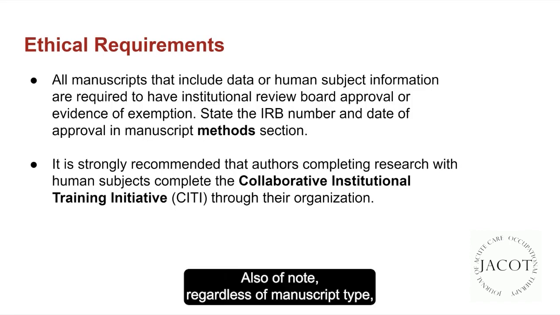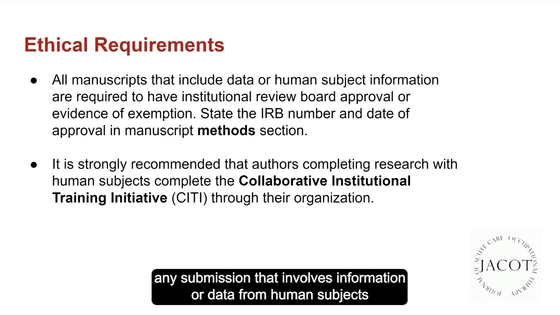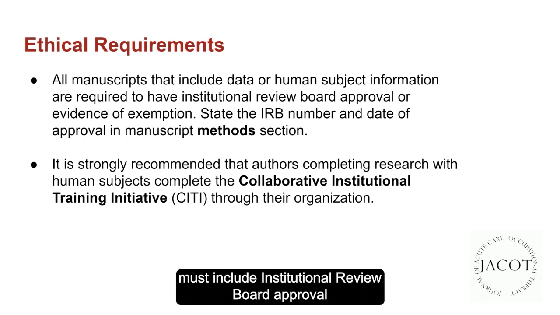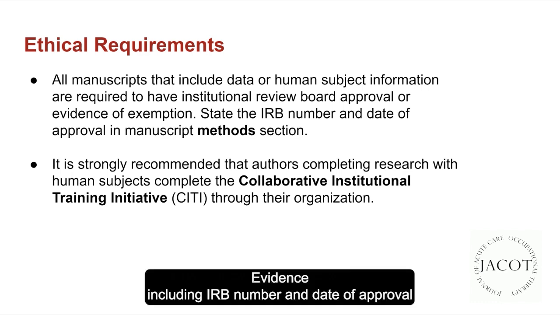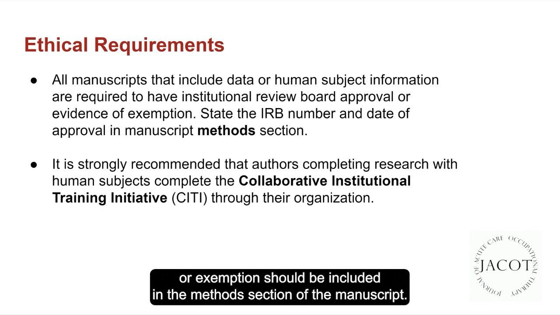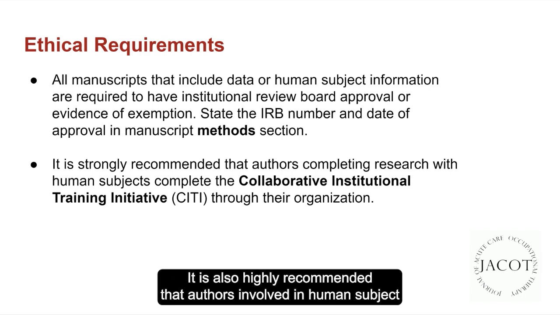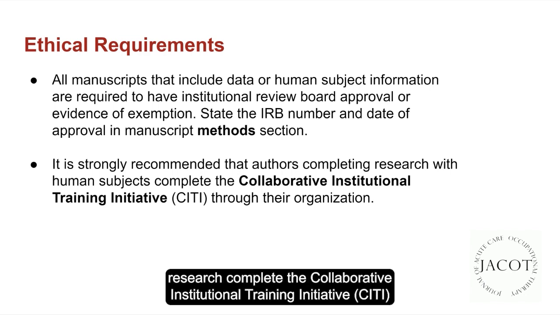Also of note, regardless of manuscript type, any submission that involves information or data from human subjects must include Institutional Review Board approval or supportive documentation of an IRB exception. Evidence, including IRB number and date of approval or exemption, should be included in the methods section of the manuscript. It is also highly recommended that authors involved in human subject research complete the Collaborative Institutional Training Initiative, CITI, through